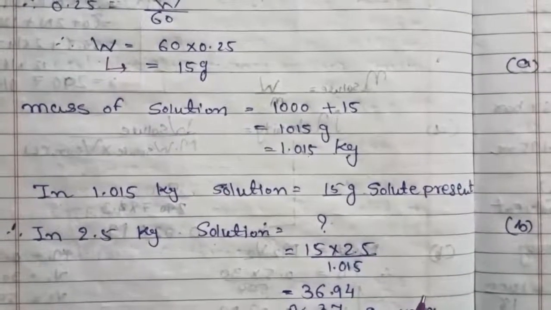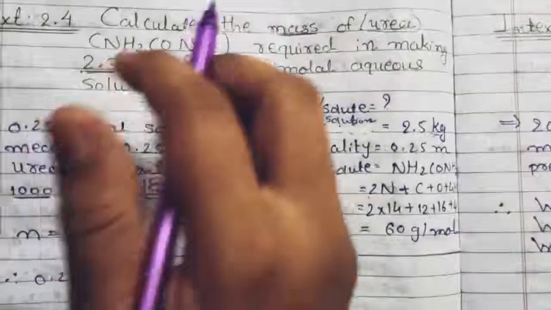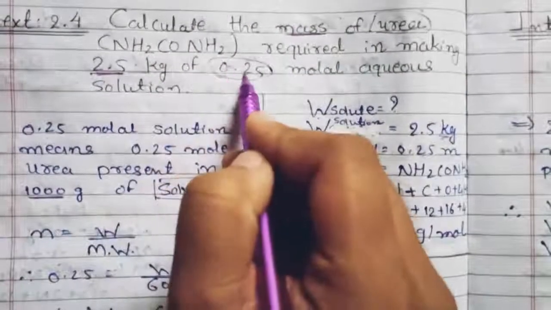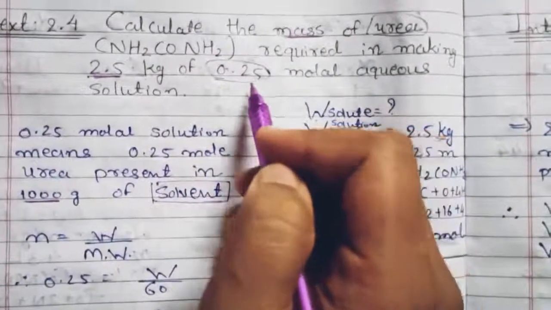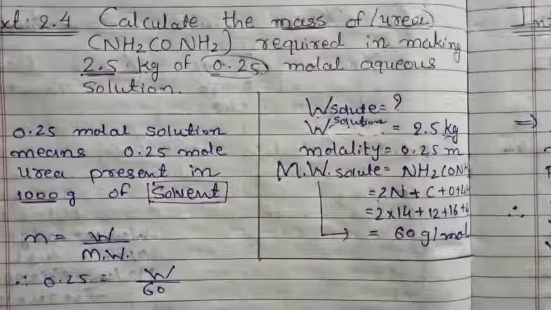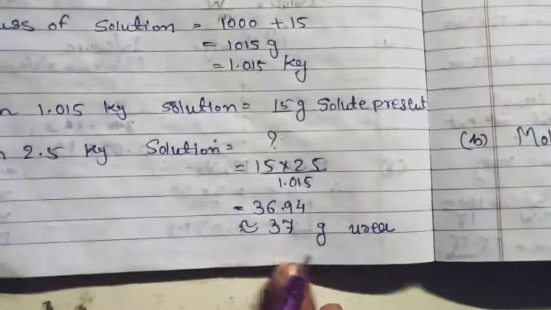So if we want to prepare a 2.5 kilogram, 0.25 molar aqueous solution, then the required mass of urea is 37 gram. Okay,